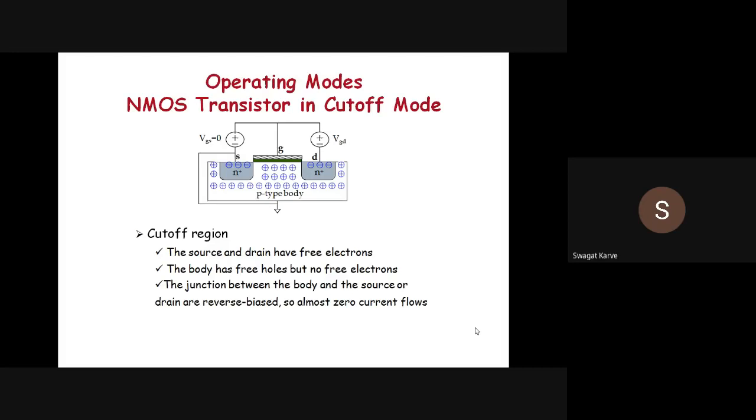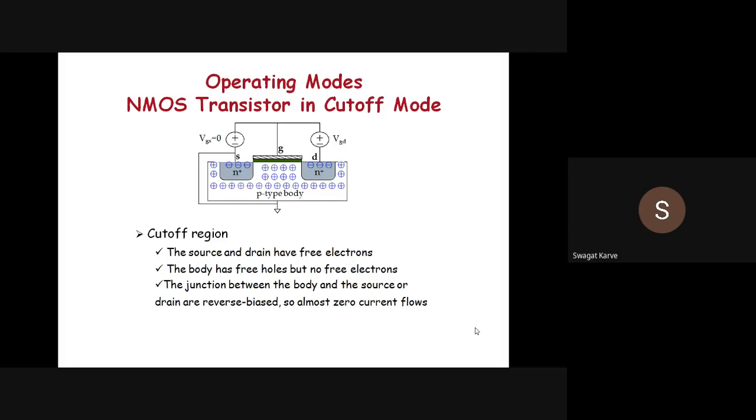Linear can be known as resistive because if you look at the graph of the MOSFET, in the linear region the graph is very similar to a resistor. What is the graph of a resistor? A linear straight line, which means there is a direct relation between the voltage and current. As current increases, the voltage drop also increases. So basically it's a linear graph, and some part of the MOSFET's working also exhibits that linear property.